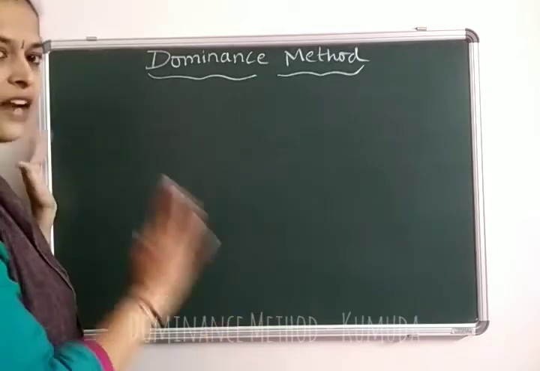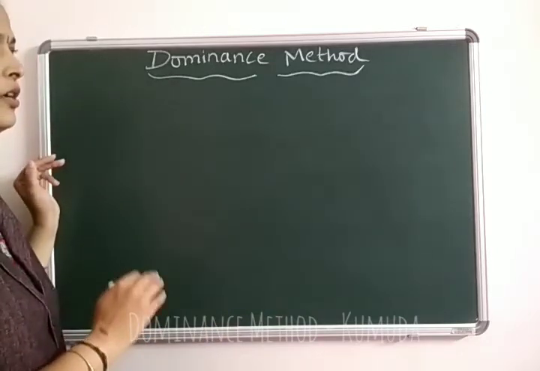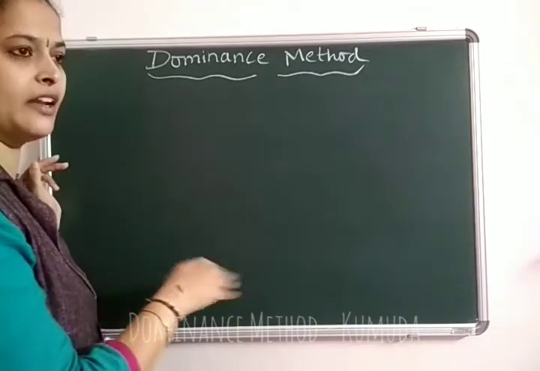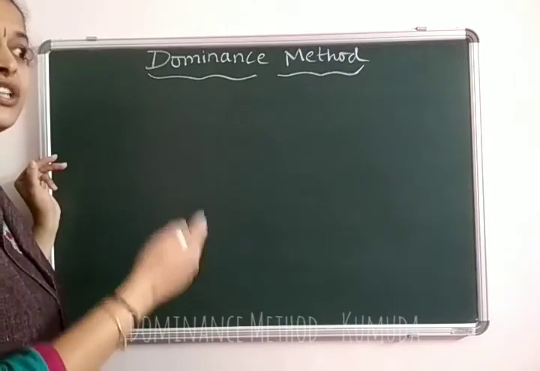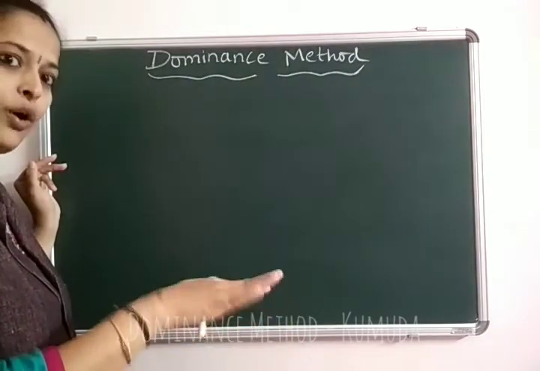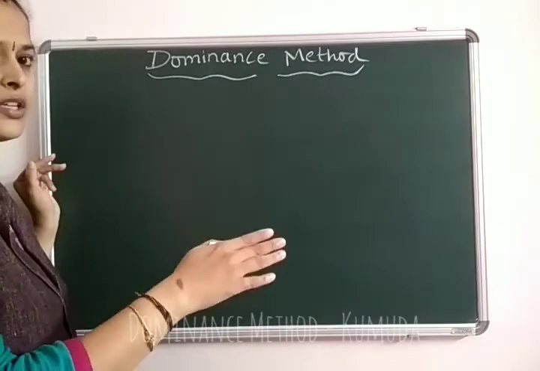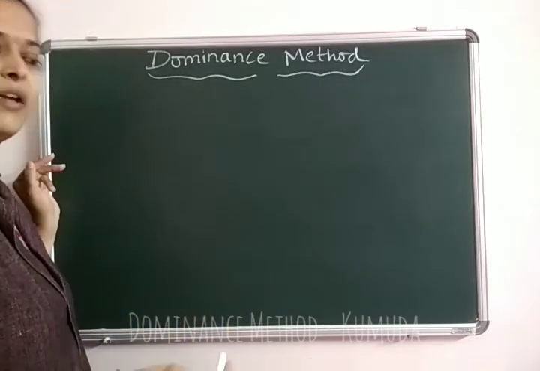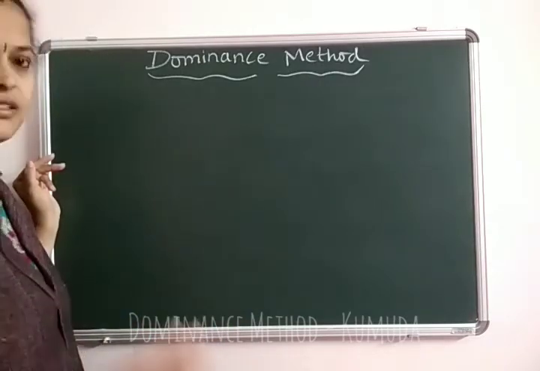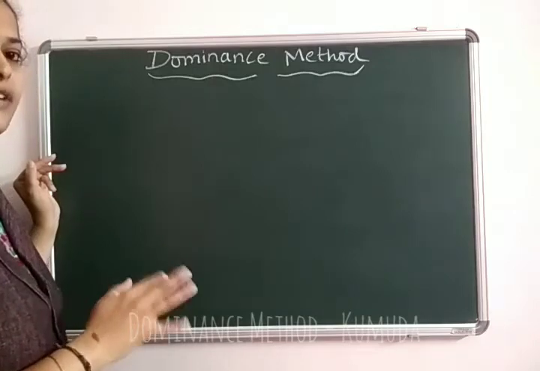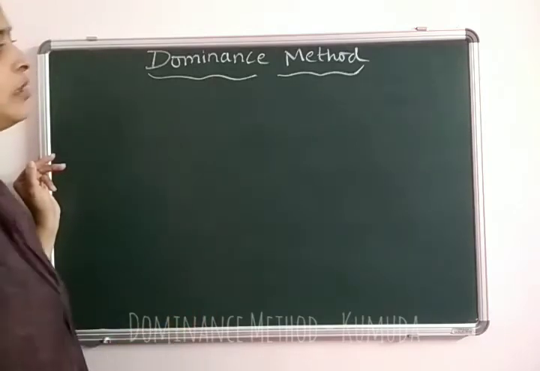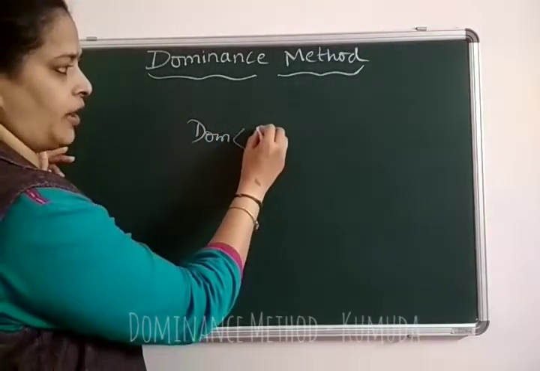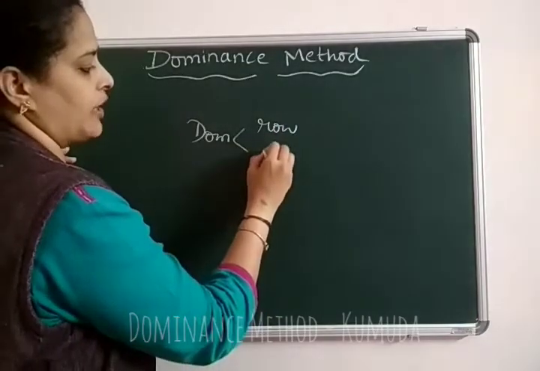Before we start the dominance method, we have to know a definition called the principle of dominance. The principle of dominance says that if one player's strategy dominates the other player's strategy in all the conditions, then the second player's strategy can be ignored, since it is not really going to affect the solution. That is the basic definition of the principle of dominance. The dominance principle is generally applied in two ways: one is called row dominance, the other is called column dominance.